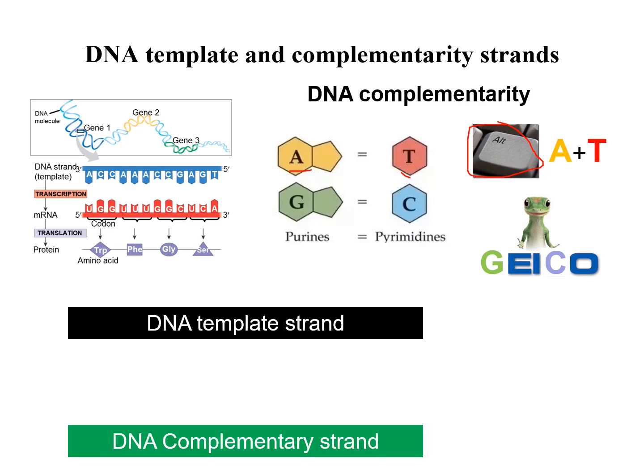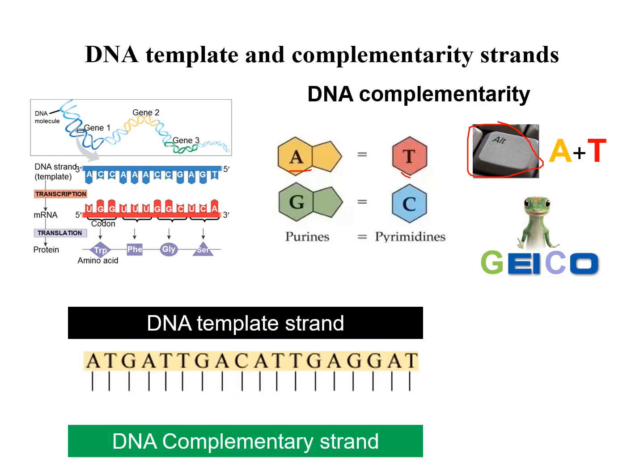So now let's try to practice some of them. Here you have your DNA template strand, and I want you to try to make the complementary. And remember, if you have an A, the complementary will be a T. So here you will start by making a T. And if you have a T, the complementary will be an A. So I want you to finish this, stop the video, and practice. So the first one will be a T, then it will be an A, then G, remember Geico, C,